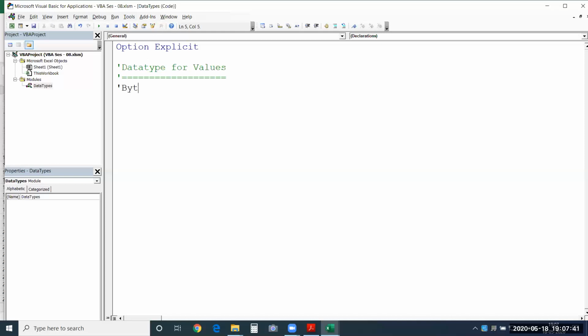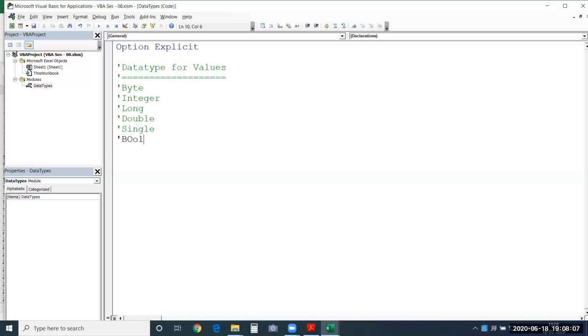See, we have byte, integer, long, double, single, and you have boolean, which doesn't come under numeric. Now let me give you a list of all of them.